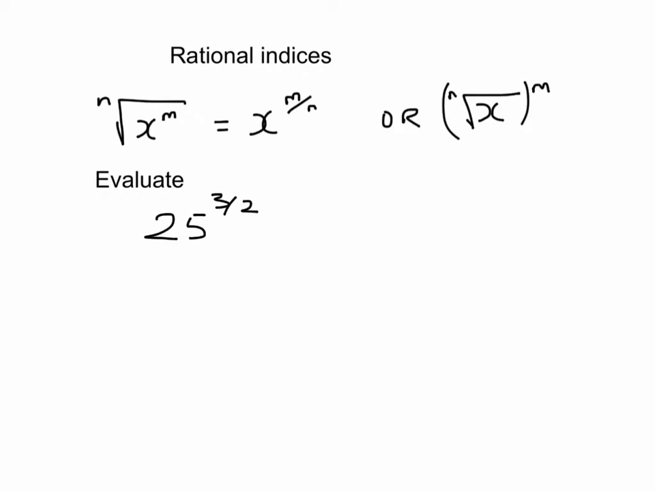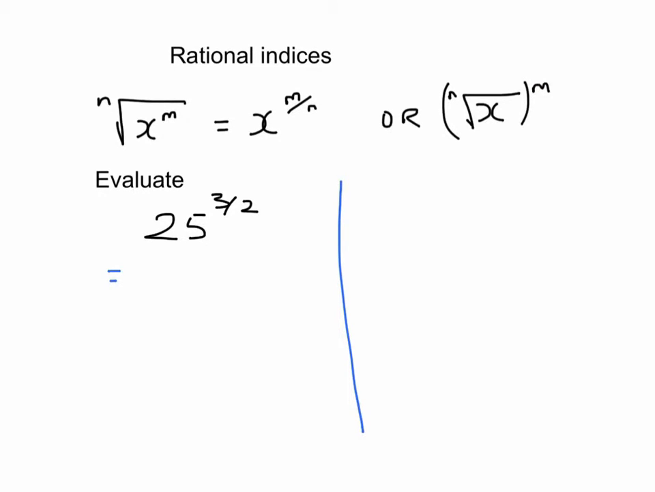Rational indices are basically a fancy word for fractional indices. And so in this case you can either put x to the power of m on the inside and then take the nth root, or you can take the nth root first and then raise it to the power of m. So I'll do an example. So if you do it the first way,